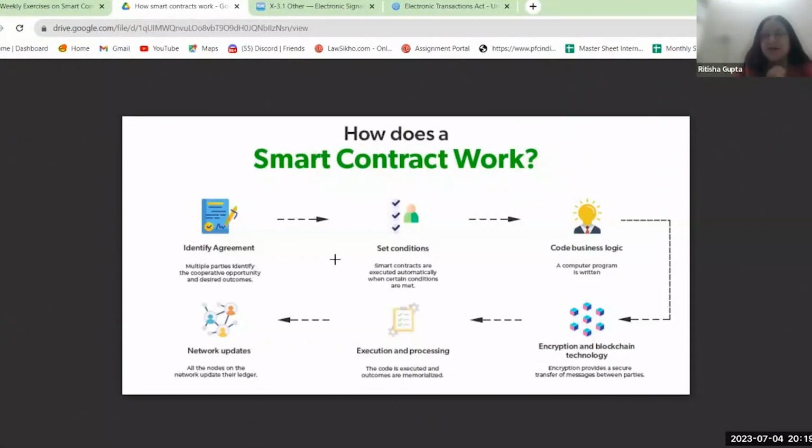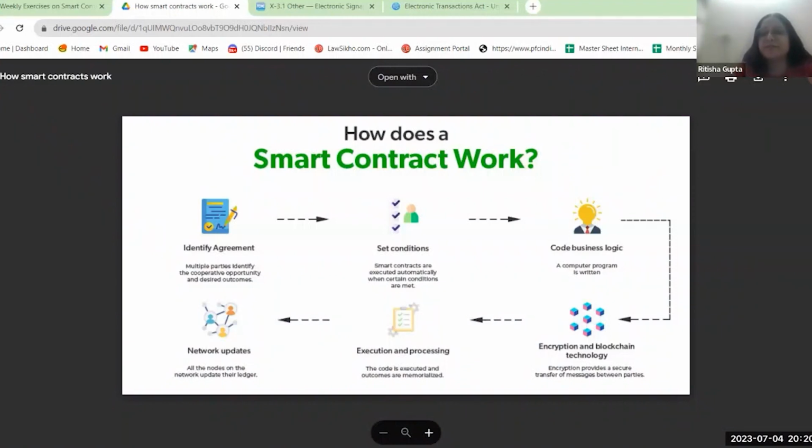A smart contract is essentially computer code, or a program, in which the contractual terms of the parties are set out and automatically executed upon fulfillment of certain trigger events, right? Now, this smart contract is always stored and saved in a blockchain-based platform. Let me also write this on the chat so you know what I mean. Yes, so they are stored in what we call a blockchain-based platform.